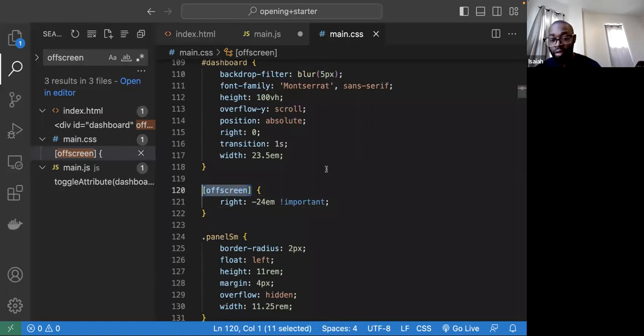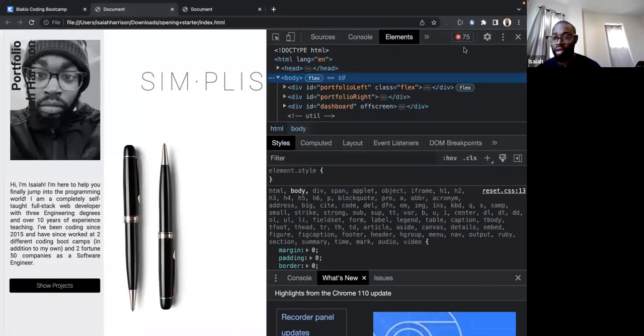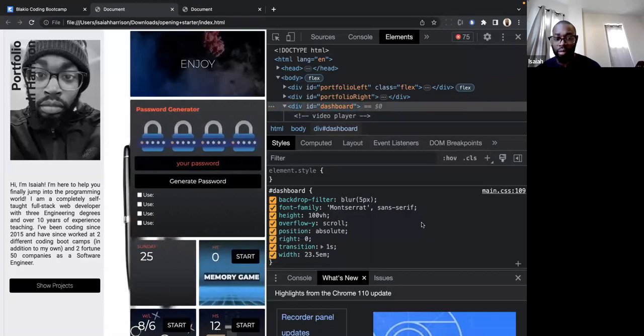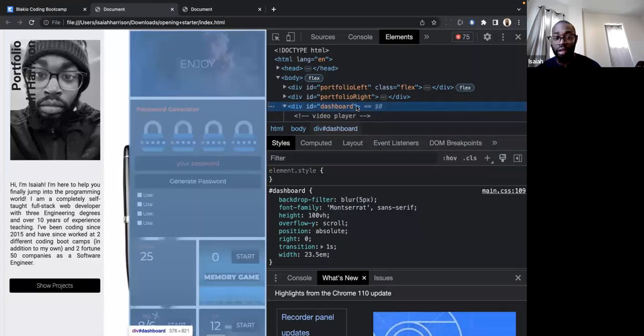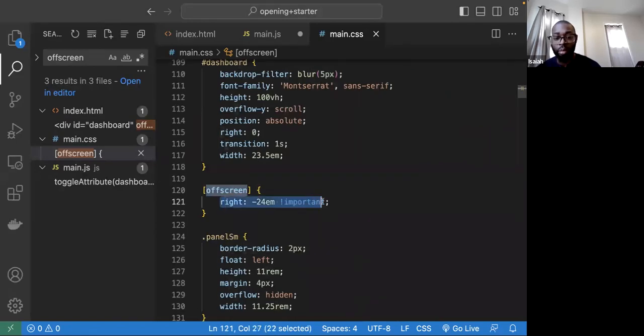Okay. So what I can show you is, let me just go to the actual HTML. I'm going to go to dashboard here, and hold on. Yeah, if I click on this off screen here and delete this, what's going to happen is we're going to see the project section come up. And the reason the project section comes up is because it no longer has that styling of the off screen. This basically moved it to the right